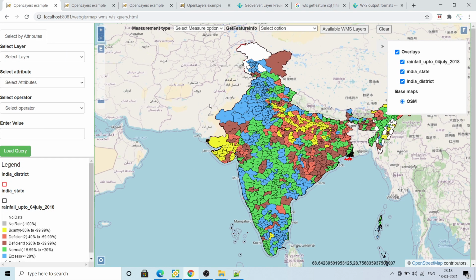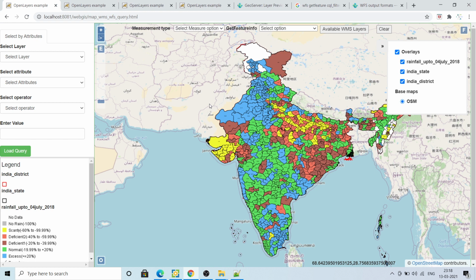There are two things involved in this. As I already told you, this can be done either through GeoServer or directly through a PostGIS database. You can insert all your shapefiles into the PostGIS database, then do some backend programming using JSP. Or you can put all your shapefiles into GeoServer, use the WFS, the Web Feature Service of GeoServer, and develop a query tool.